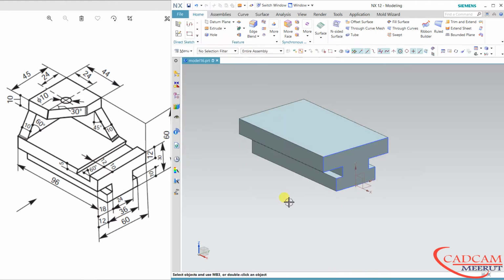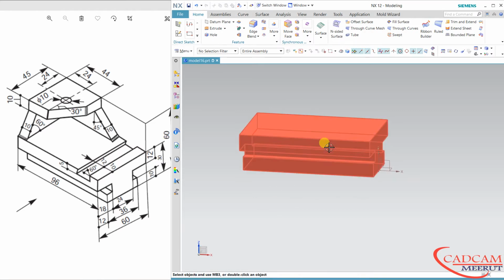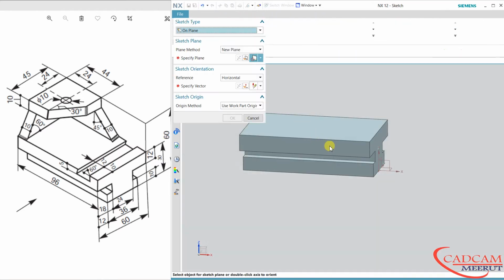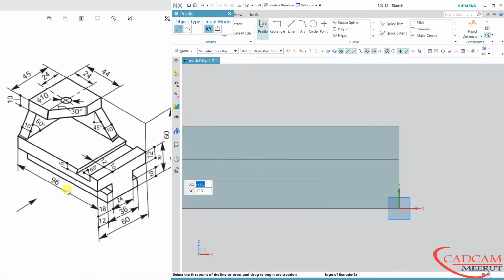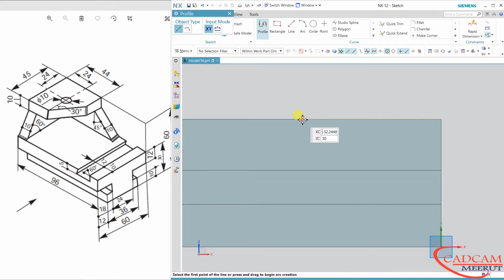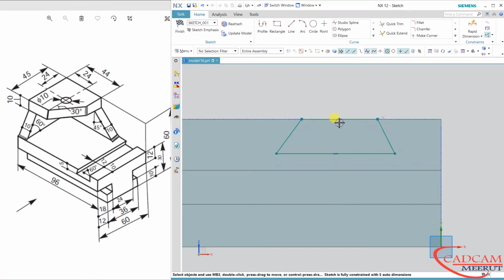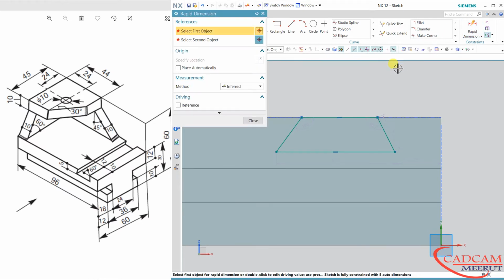Okay, hide this sketch. Now from the front view, I will draw this shape. If you want to mirror it, we have to define one axis, or otherwise we will directly use 10.